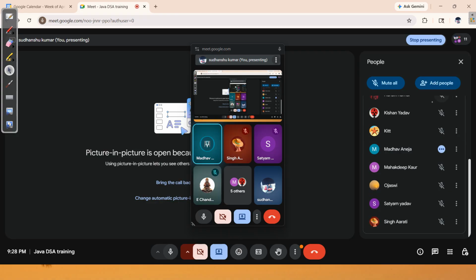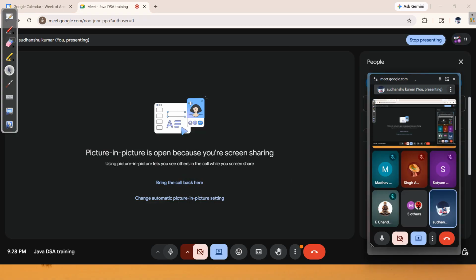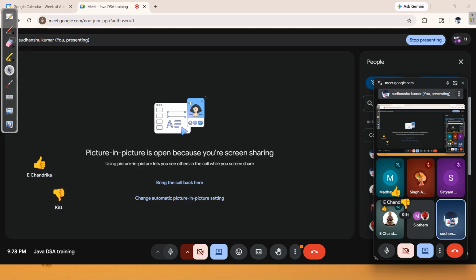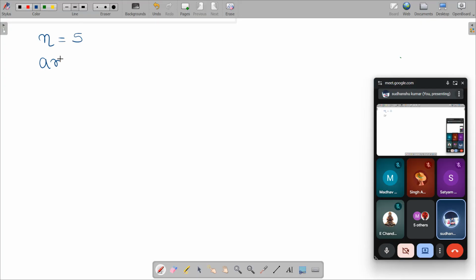I saw someone crying. Just 10 minutes, okay, and we will conclude it. See, it's very easy. For example, let's take this array itself. Let's say my n value is 5, and the array given to me is 3, 1, 2, 5.